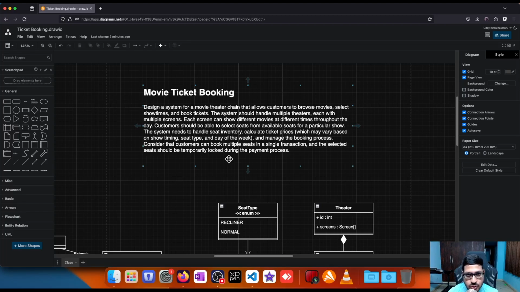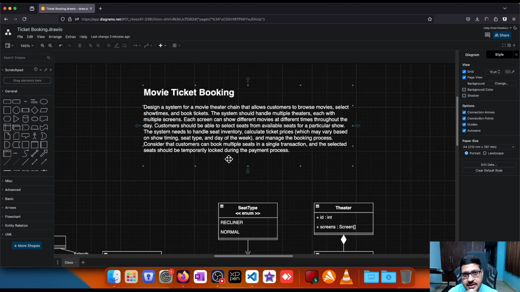So for every movie that is being played, we need to allocate time and the seat availability for that movie. And for each seat, there can be a different pricing. So if it's an economy chair, the pricing would be different. If it's a recliner chair, the pricing would be different. And the pricing would also differ based on the time that the movie is playing. If it's an early morning show or a late night show, or if it's a new release, or if it's a pretty old movie for a re-release, there can be many such strategies for pricing a particular seat inside a